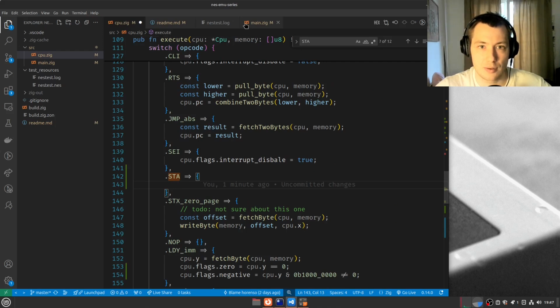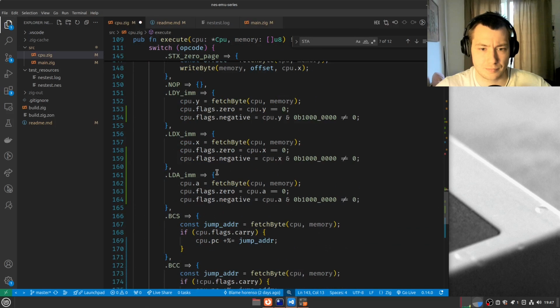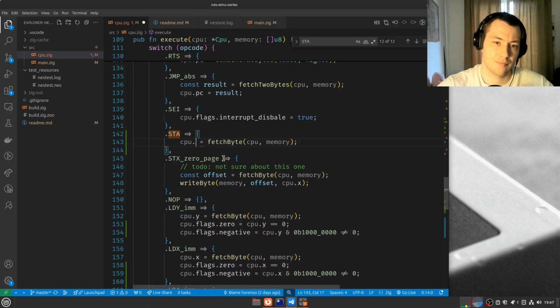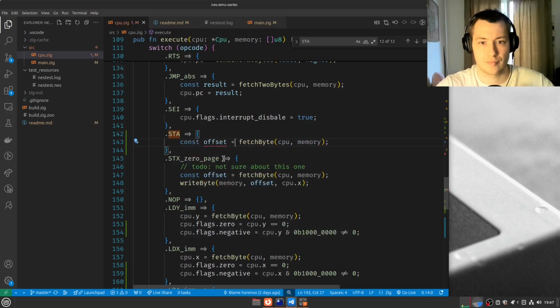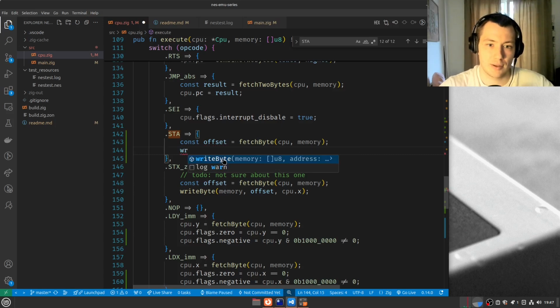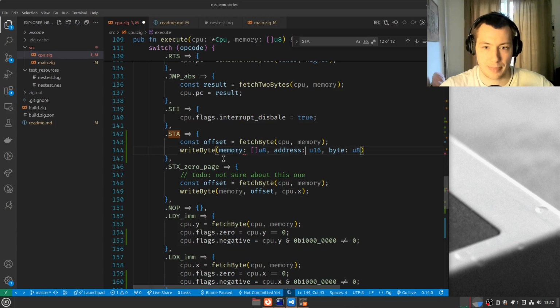So we read 1 byte. Where's my fetch byte? And then we store it at this address. So we write byte address equals